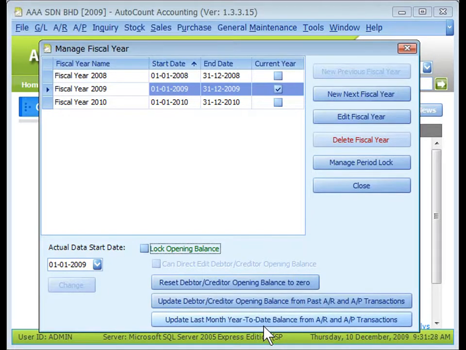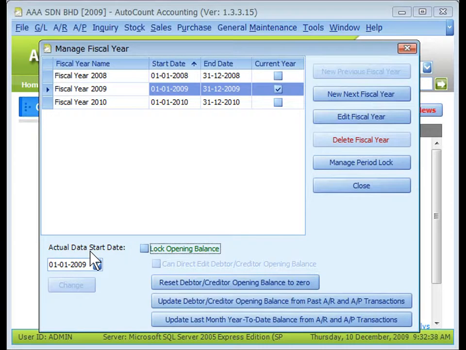This feature is used only when the actual data start date is later than the current fiscal year start date, and the checkbox of balance brought forward in the last month of year-to-date balance in Tools, Options, General Application Setting is checked. Actual data start date is used to define the first day